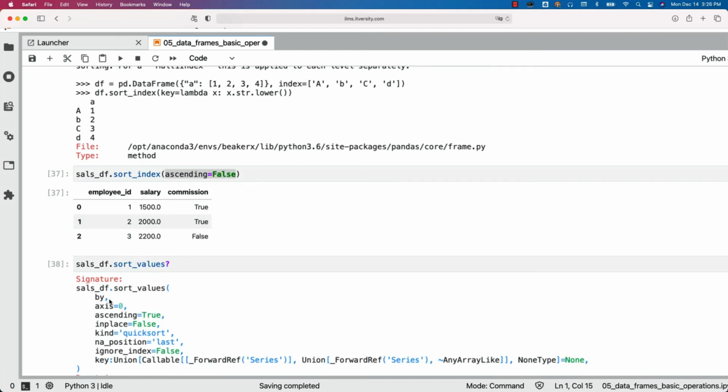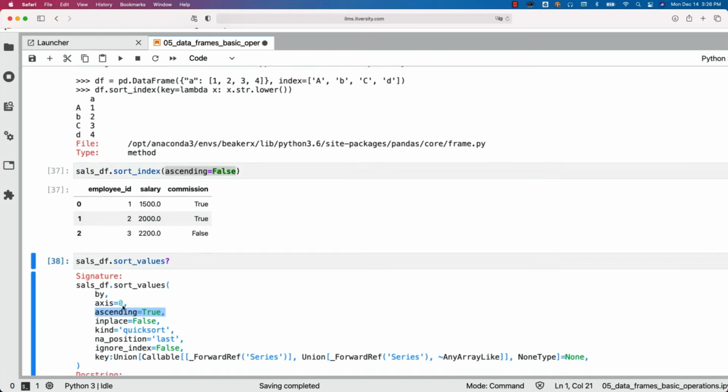You can specify a list of columns on which data is supposed to be sorted, and it will take care of it. Then you can use ascending. With respect to ascending, if you just say true or false, it will apply the order on all the columns that are being used for the sorting. You can also pass a list to ascending to actually sort the data using a specific order for corresponding columns that are specified under by. We will see an example, you will understand.